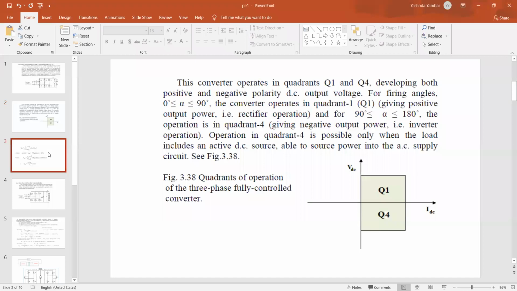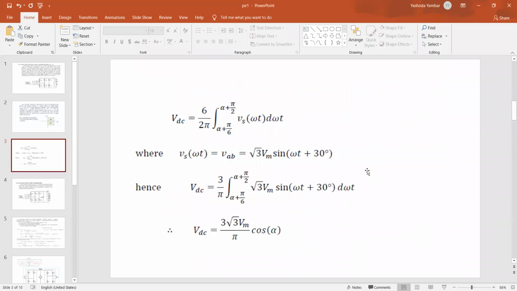So the 3-phase fully controlled converter we are mentioning. What are the expressions? You just concentrate on the third line. We require to derive the output voltage. So we are having 3-phase, and 3/5 pi we have already taken. If you see the cases, the first case is in the range 30 to 90. Here alpha is pi/6, which means 30. So we can have the triggering of the SCRs greater than 30 also. So alpha plus pi/6, alpha plus pi/2 we can take.